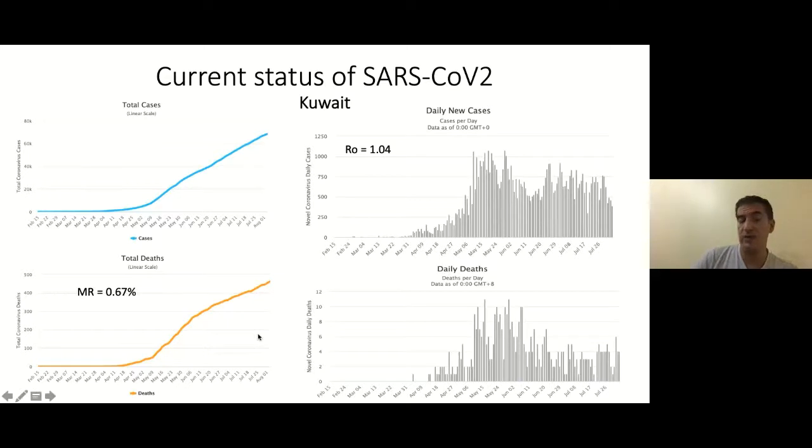The good thing is the death toll is still below 500, which gives a mortality rate of less than 1%, which is good. Now, that's total. If you look at the trend, we can notice a small trend toward lower daily cases. Our current R0 is around 1.04. However, that might be due to different policies for testing and examining different patients. But what is a solid outcome is the daily deaths, which are surely coming down, which is a good thing.